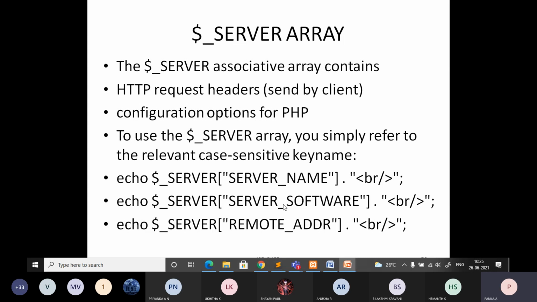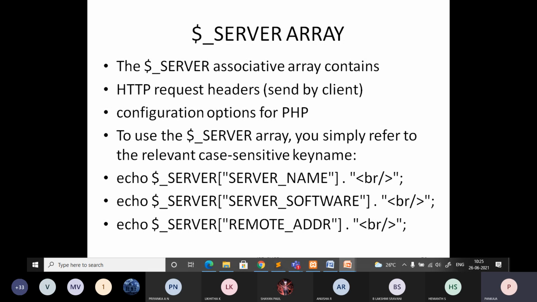Similarly, server software. What is the remote address? As of now, whatever program I am executing, I am not connected to any remote system, I am just connected to the local system. So in that case, the client address and server address will be the same.